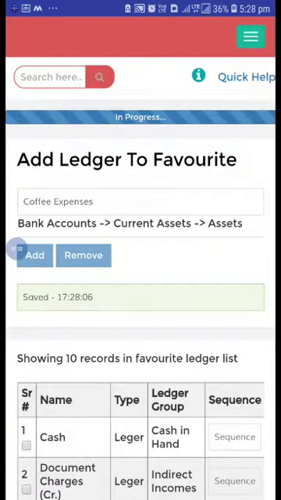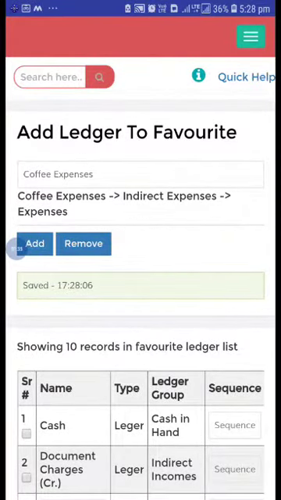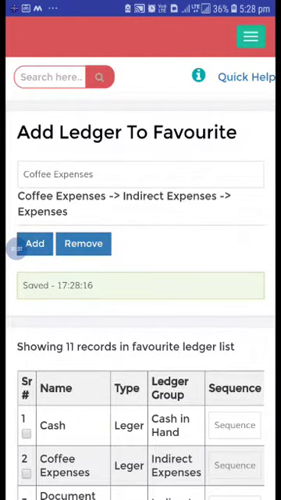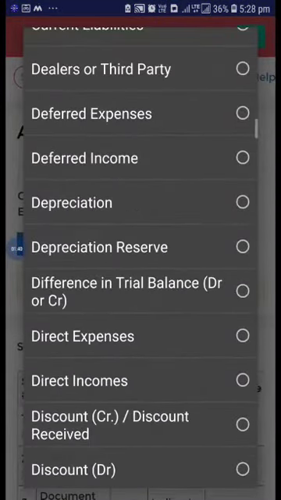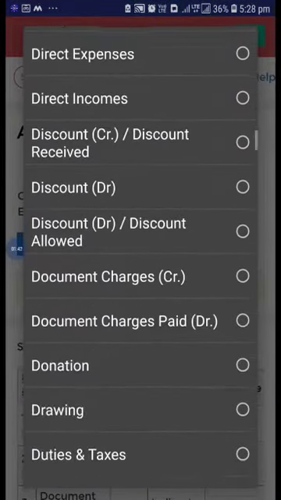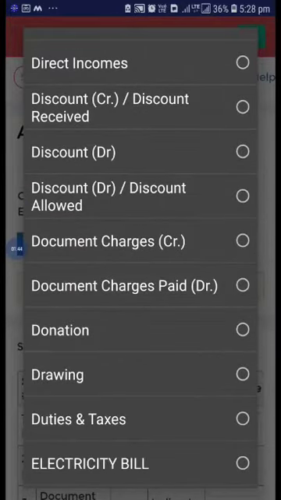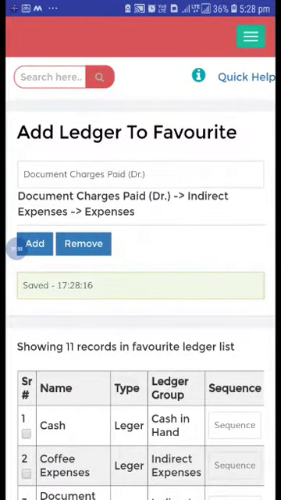Coffee expenses I want to add, and I just click on add. After that, document charges is there. When document charge is paid, the entry will go to the debit. Then just click on add.